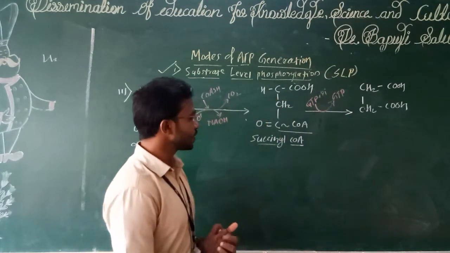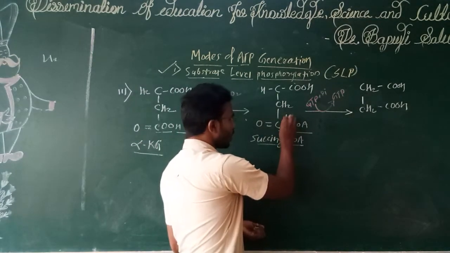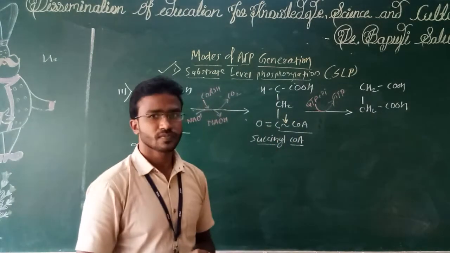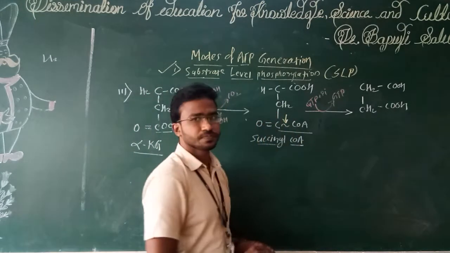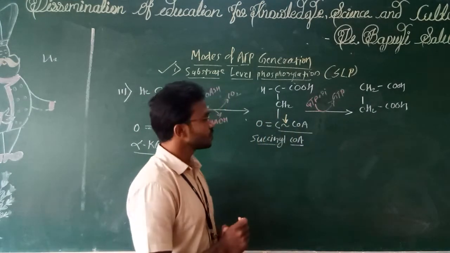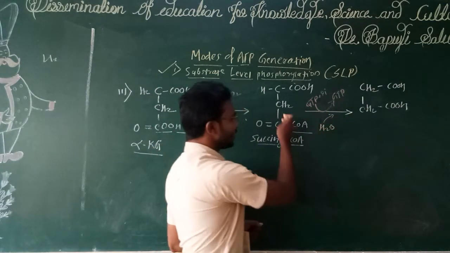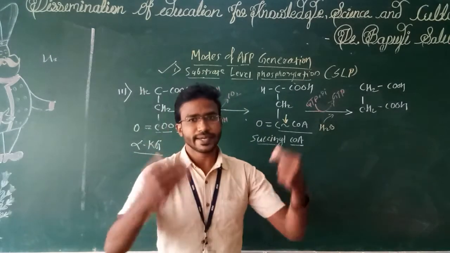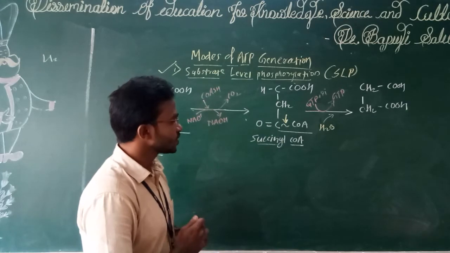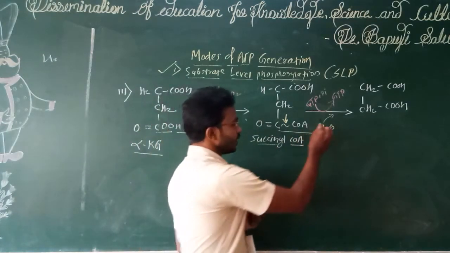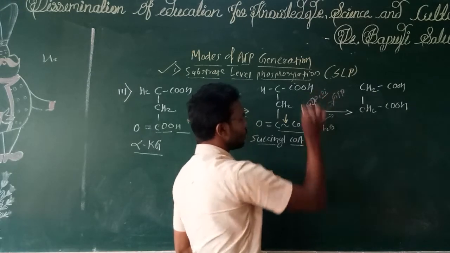What happens in this reaction? This is a thioester bond, a high energy containing bond. This bond is completely broken down. This bond is hydrolyzed. Whenever this bond is hydrolyzed, it releases energy, and that energy is used to add phosphate into GDP, and that forms